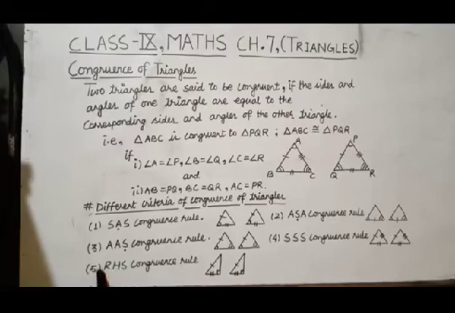And the last one is the congruence rule for right triangle. So two right triangles would be congruent as they have one right angle, and along with this the side opposite to right angle, it means hypotenuse, must be equal to each other, and any one of two corresponding perpendicular legs, it means the side, would be equal to each other as well. So two right triangles would be congruent under right angle, hypotenuse, side rule.